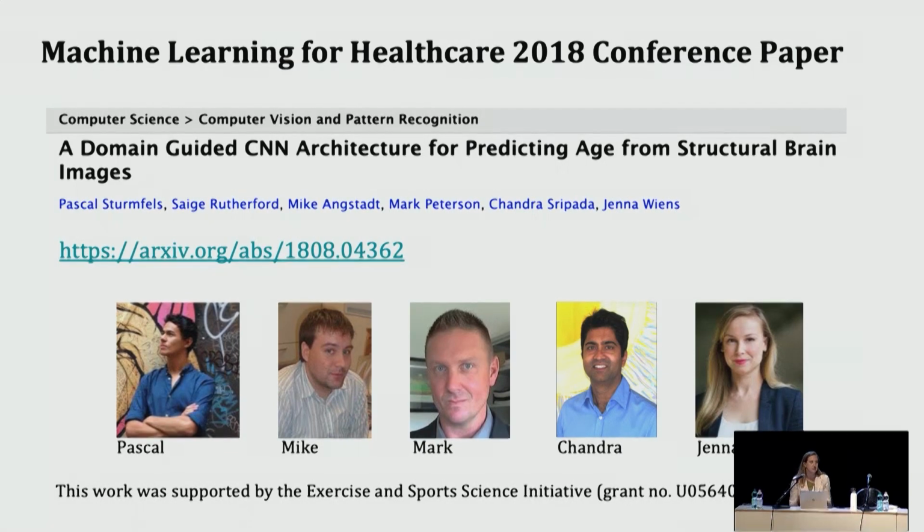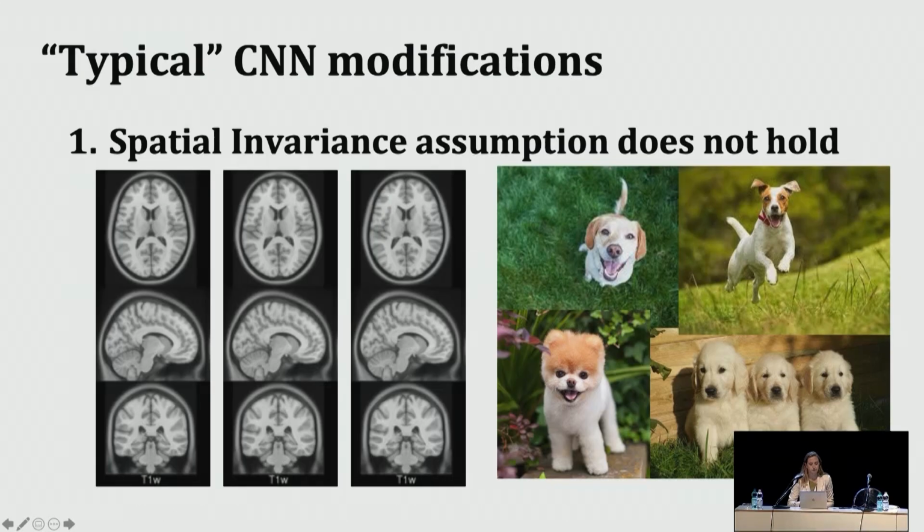They're taking these out-of-the-box models and just applying them to brain data without really challenging some of the assumptions that the models make. So in this paper, he started to explore that. That was also in collaboration with Mike Angstadt in my group, Chandra Sripada, who's the main PI that I work with, Mark Schmidt, and Jenna Wiens in electrical engineering.